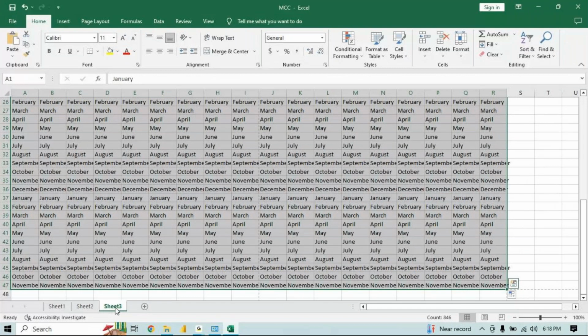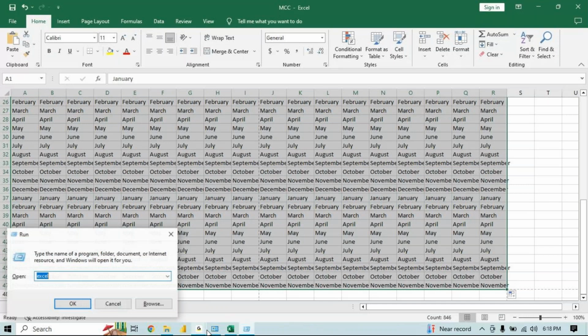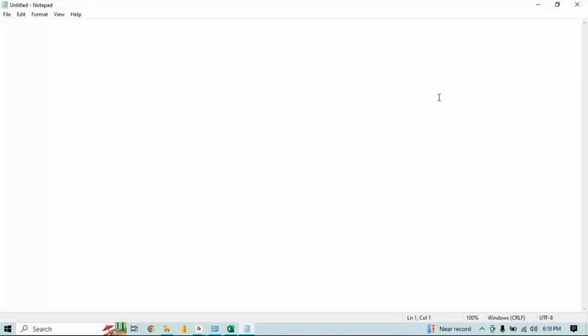Now the shortcut key for print. Everyone can take a note of this in your notebook or take a screenshot of the notes. Shortcut key for